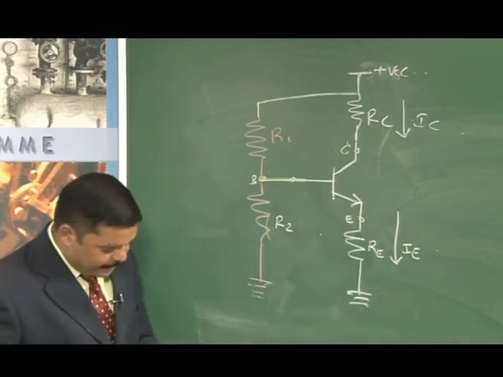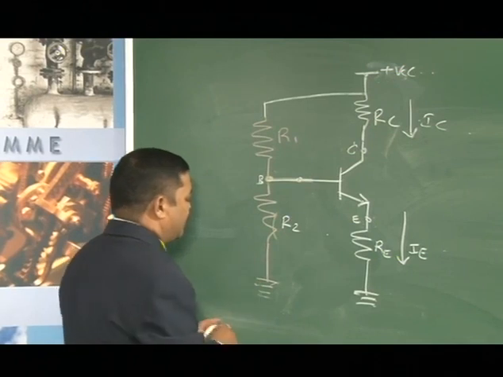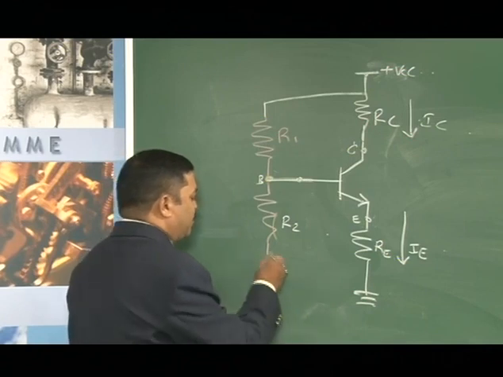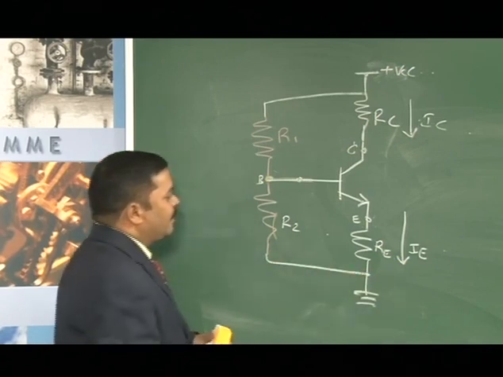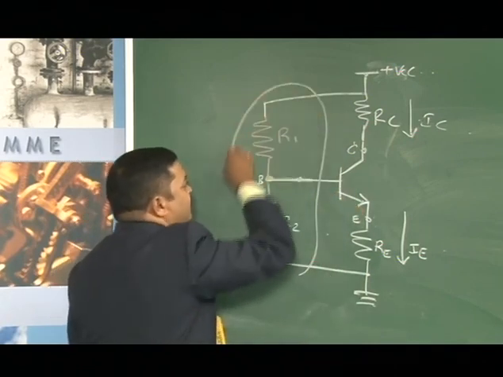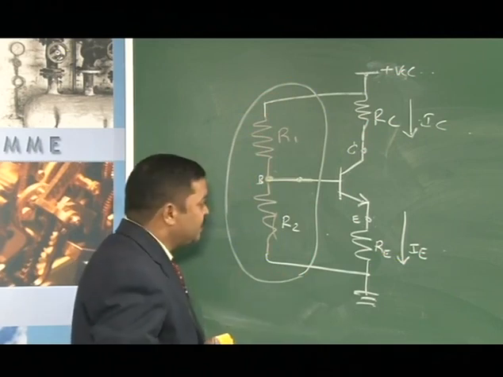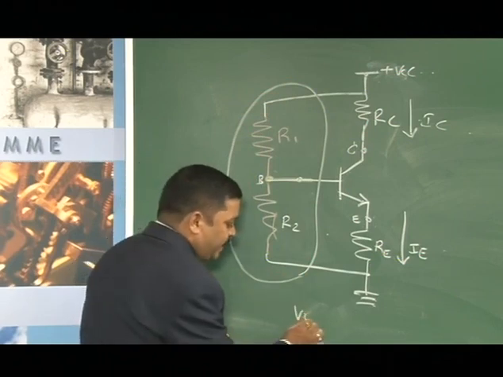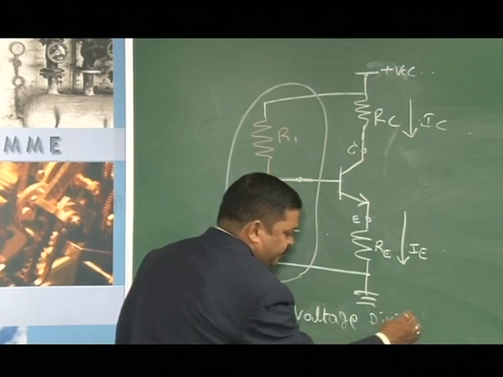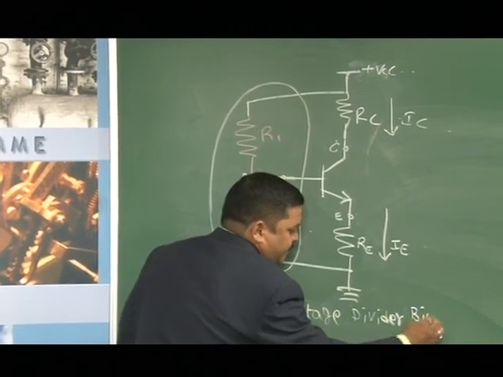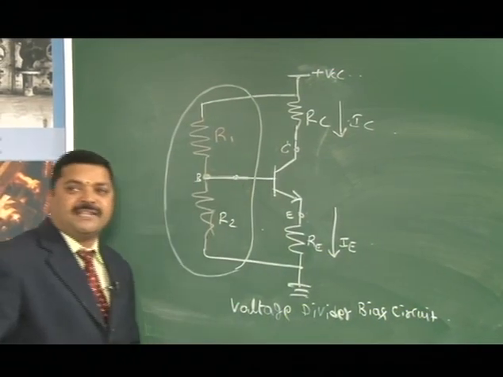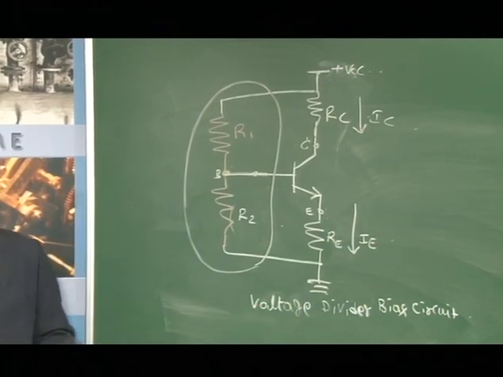Now, since I used this network, you can connect this to ground, and therefore we can connect these two points. Now, to bias this transistor, we used a network called a voltage divider bias network, therefore it is the voltage divider biasing technique. Voltage divider bias circuit or network, both are the same. So, that is what is shown in the PPT here.